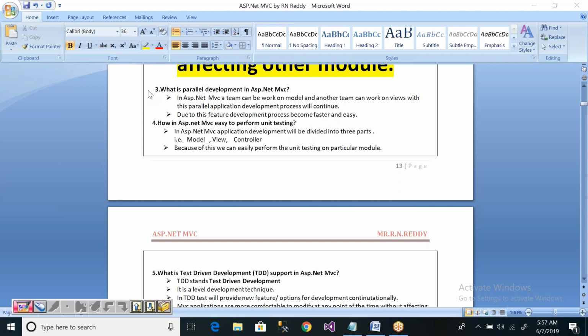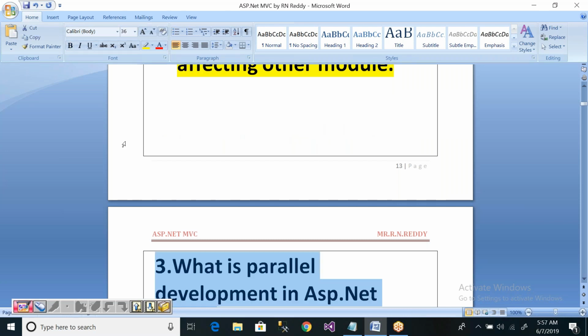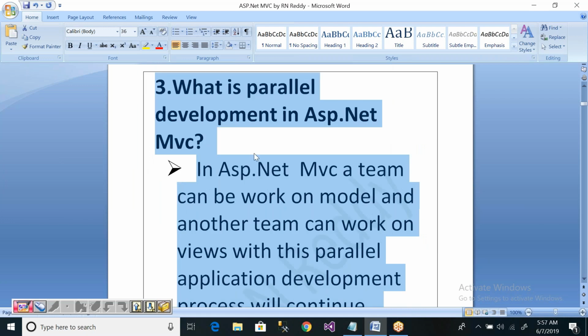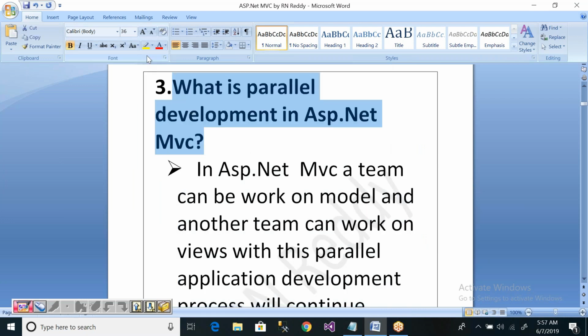The third question is: what is parallel development in ASP.NET MVC? Parallel development means simultaneous development.